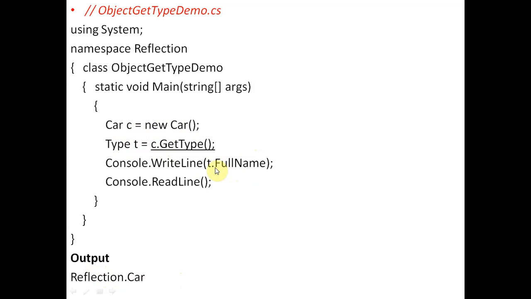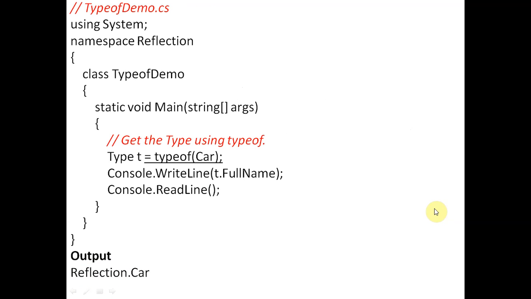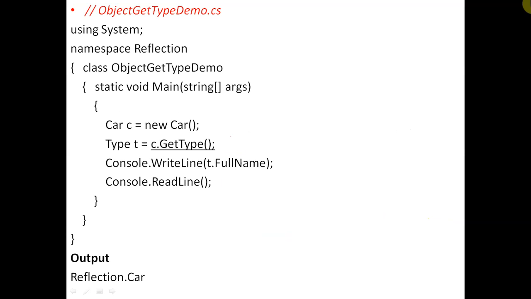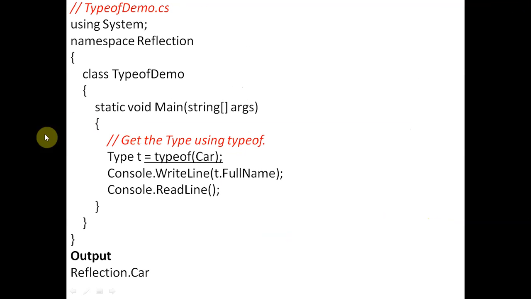So we have mentioned here FullName, which is Car inside the Reflection namespace, that's why we have written the Reflection.Car class. At the same time we have typeof. The typeof function is used with the class, while in the previous one you can see GetType is used with the object of the class.